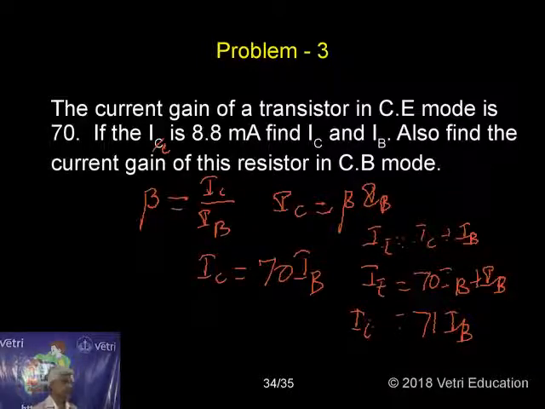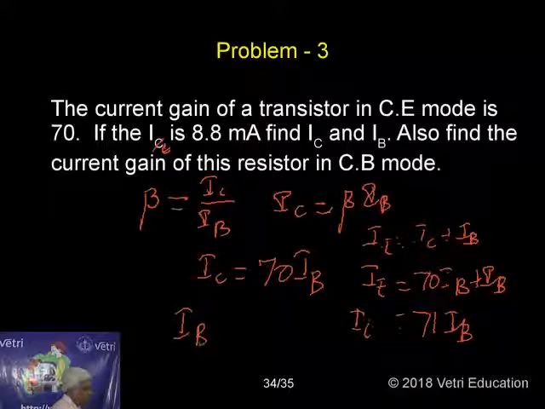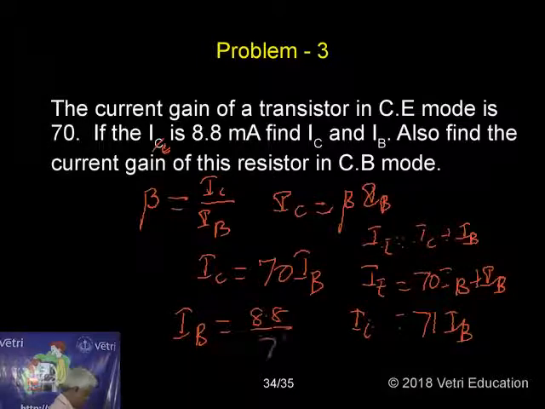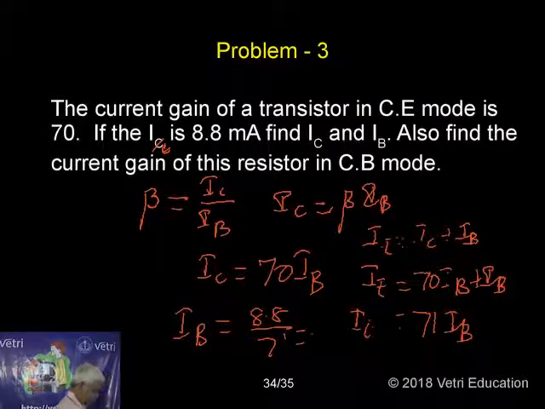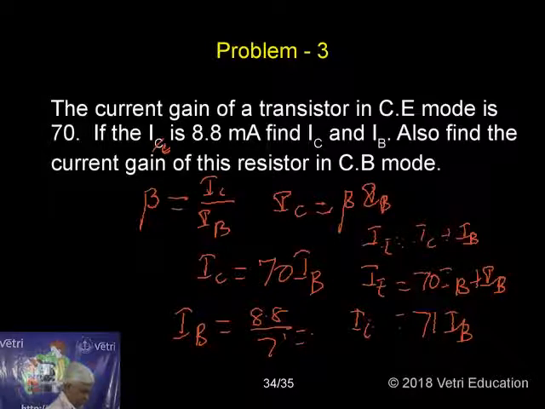So 71 IB is equal to IE. First I want to find out the value of IB. IB is equal to IE by 71. IE is given as 8.8 by 71. Therefore, the answer becomes 0.124